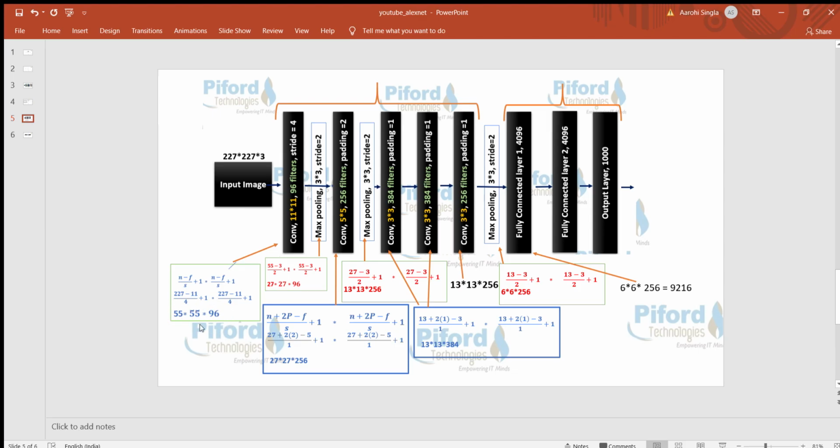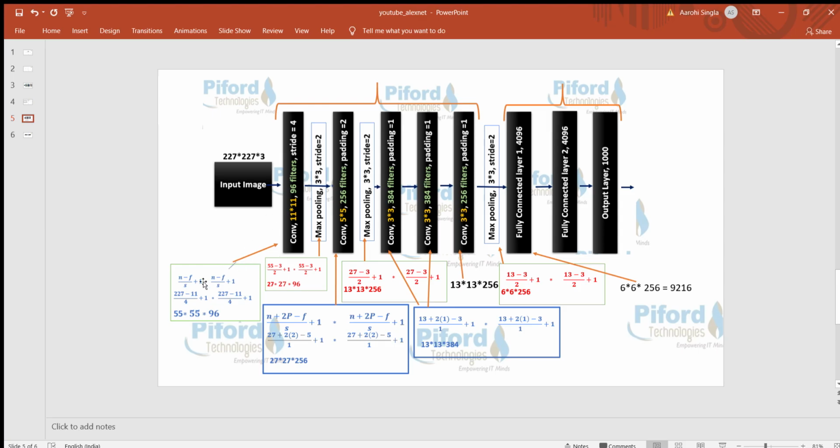Now this is the input of the max pool layer. Let's see this max pool layer. Again, we are not having padding in it, so a similar formula will work here. What is n in the case of max pool? It is 55, because the output of the previous layer becomes the input of this, and that output is 55. So n is 55 in this case.